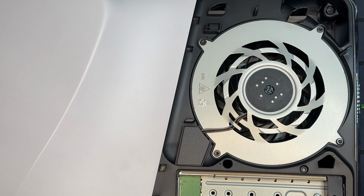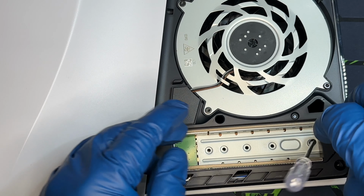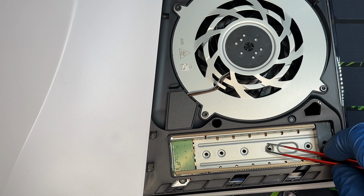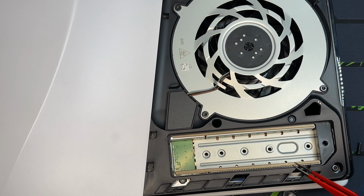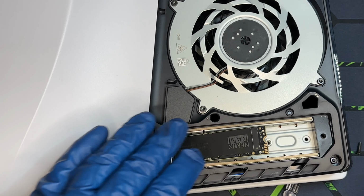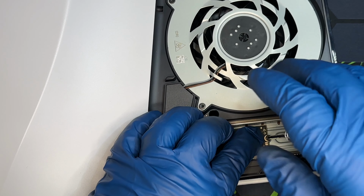Alright, so you want to make sure you remove this screw first. So that SSD is 80 millimeters, so you got numbers here depending on the length. So I install that washer there. Make sure you're not putting it crooked, just like a computer SSD. Reinstall the screw,